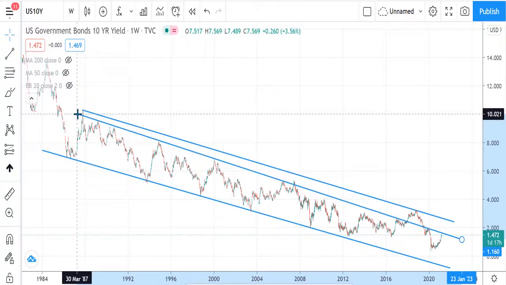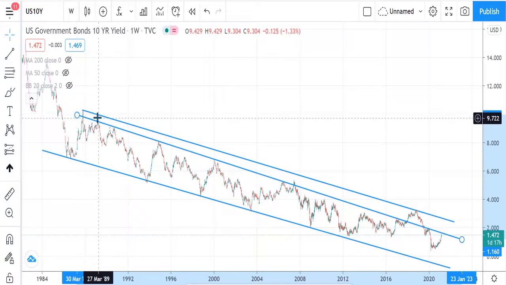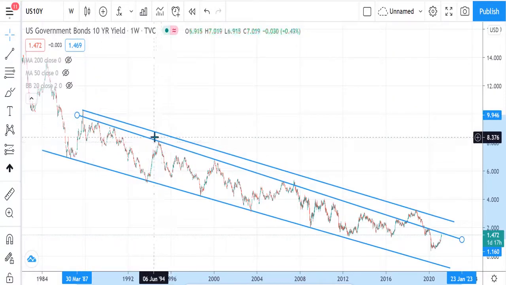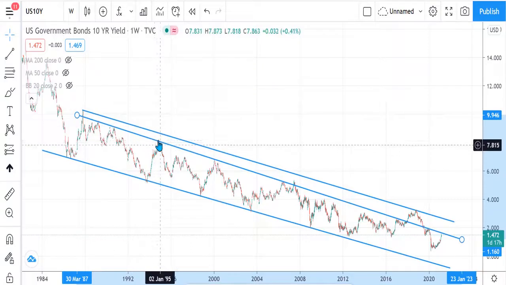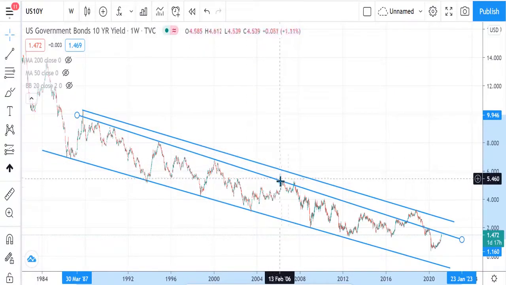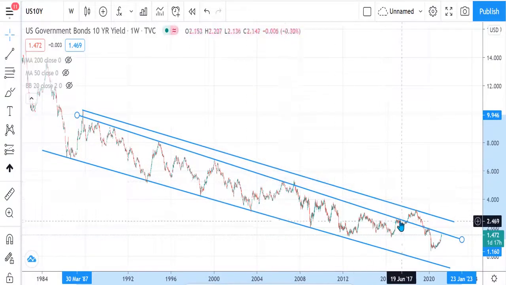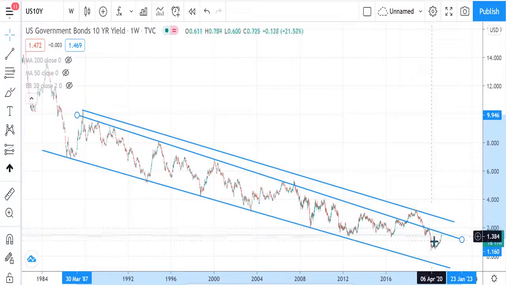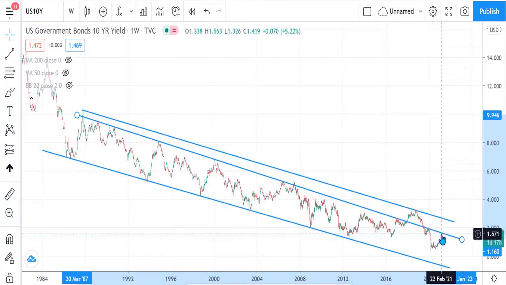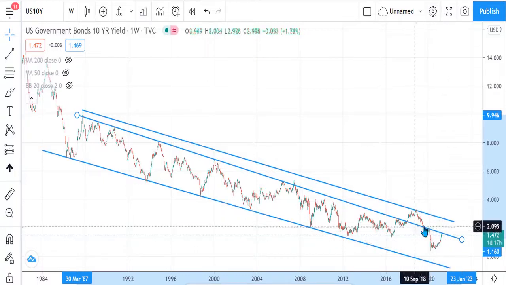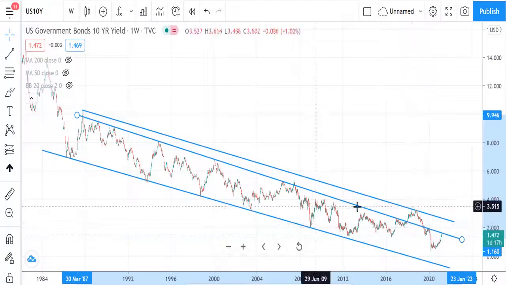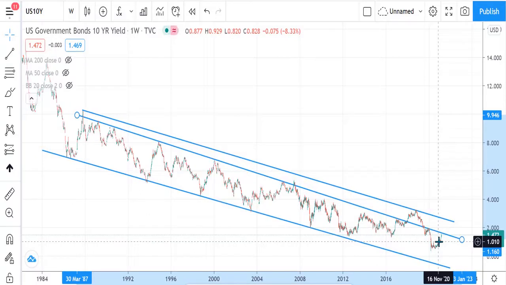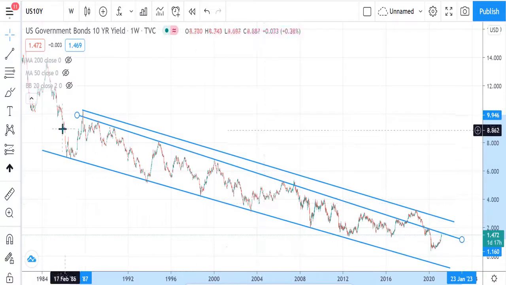Let me try to adjust it. We can see here this is number 1, that's number 2, number 3, number 4, number 5, number 6, number 7, and the current one is trying to reach that high, the second layer on the top bound. So we have about 7 to 8 points connecting. That basically means it's a very strong resistance point for the curve to continue to go up.